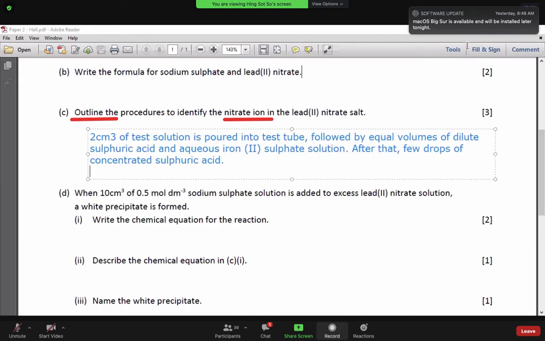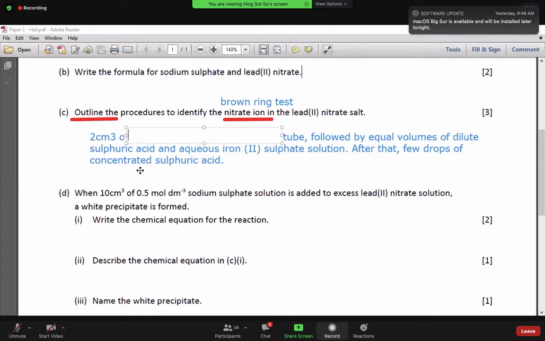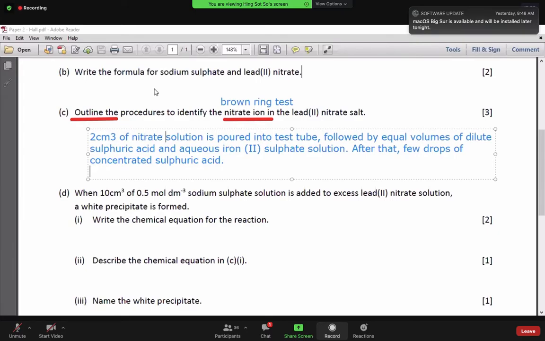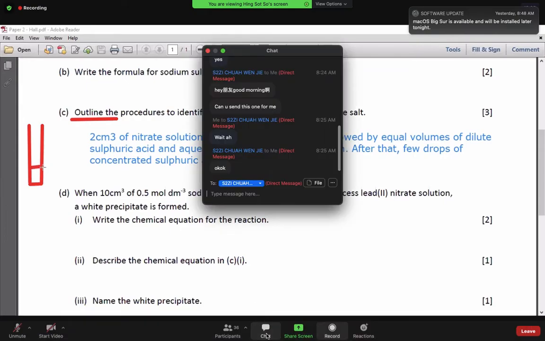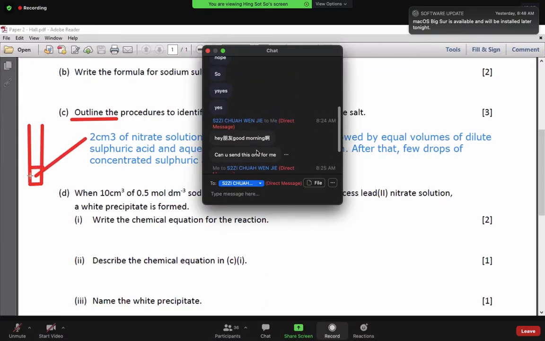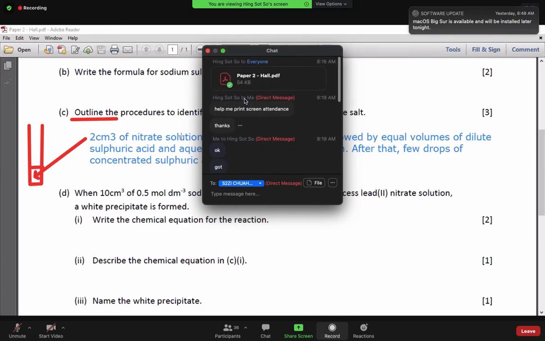Right, this is the steps for the brown ring test. It's a new thing for some of you guys. To test the nitrate ion, you have to use the brown ring test. 所以我们改一改，这边 test solution 你可以讲是 solution into a test tube. 一开始你把 2 cm³ 的一个东西倒进去 a test tube. Then what you do is follow by equal volume, 也是 2 cm³ 的